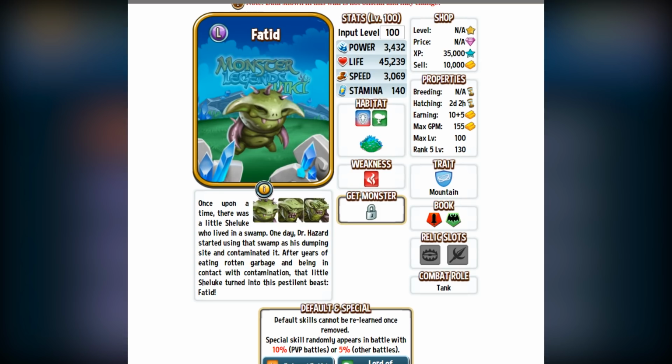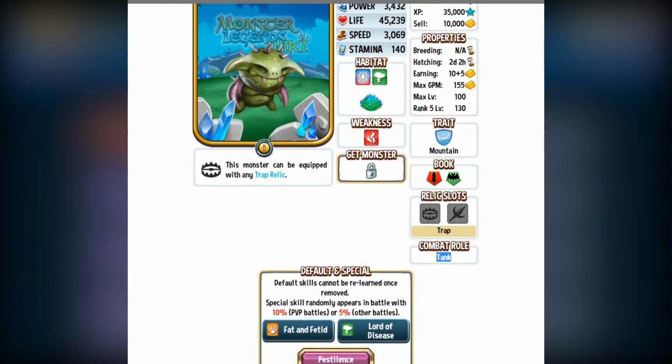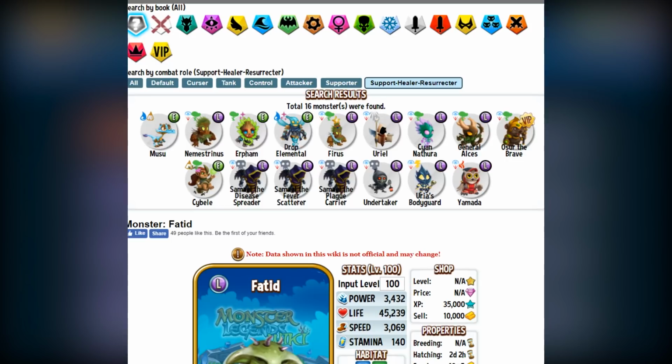His stats haven't changed, they're still the same. His power is 3432. His life is still 45,239, thus making him the monster with the highest life in the whole entire game, and his speed is still 3069, so still a pretty slow monster. The one major thing that did change is his combat role. According to the wiki, he's a tank. I think it's safe to say that that can be updated to support, healer, resurrector, because it's just way